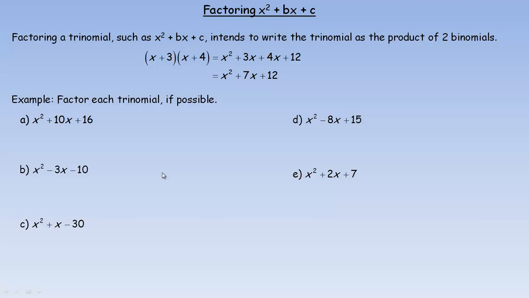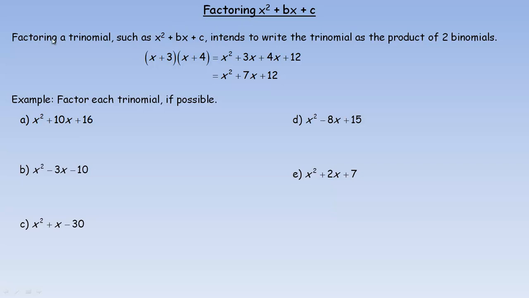In this video, we're going to take a look at factoring the algebraic expression. It's called a trinomial, x squared plus bx plus c. Specifically, this is when the coefficient of the x squared or quadratic term is 1. There will be another video called factoring ax squared plus bx plus c when the coefficient of the quadratic term is not 1. So specifically just when there's a 1 in front of the x squared or whatever the variable